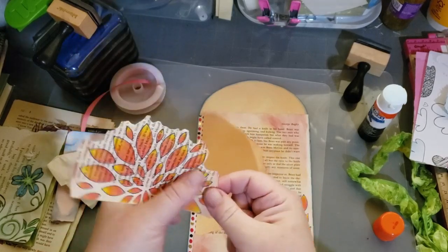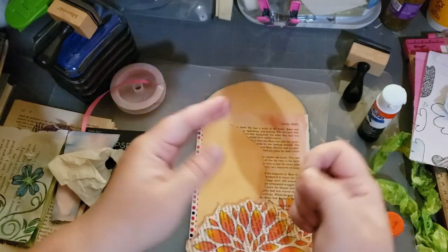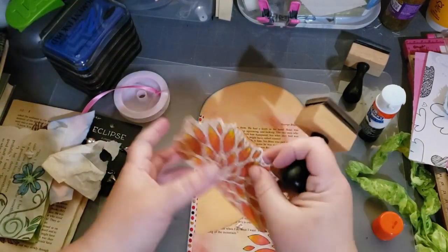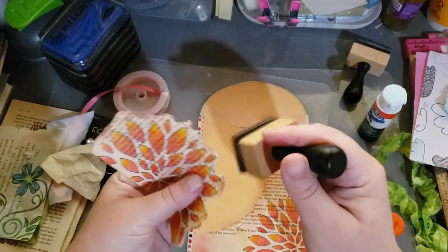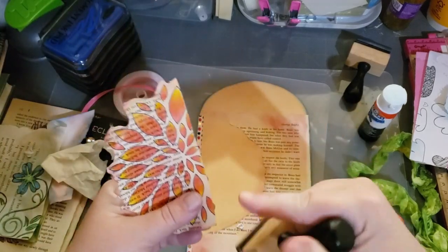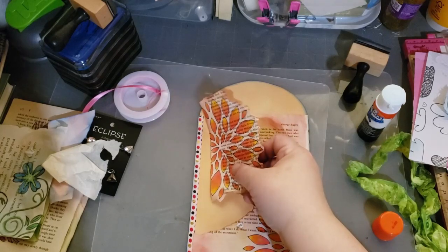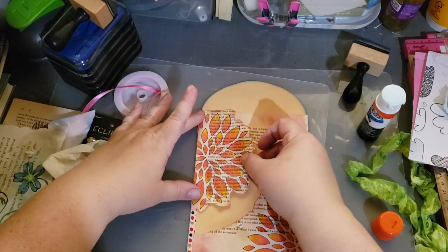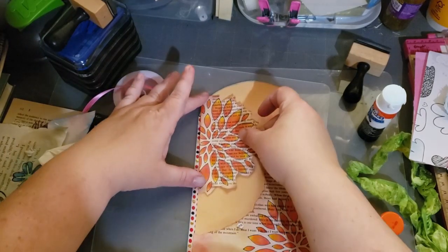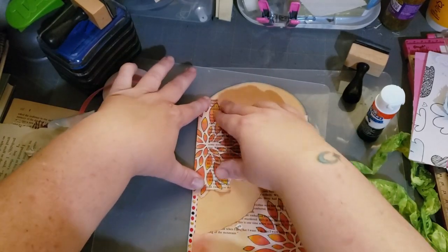Sometimes though it's harder to get that look, but all right. Now that means I got to re-ink the edges because I just tore it off. All right. Let's see. All right. So, should I put it up further and just cut? All right. So if I do it there,